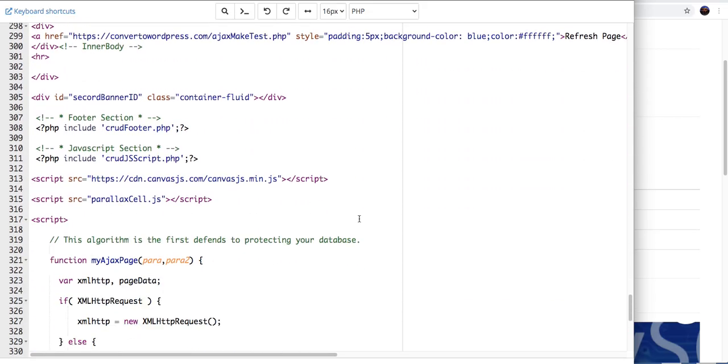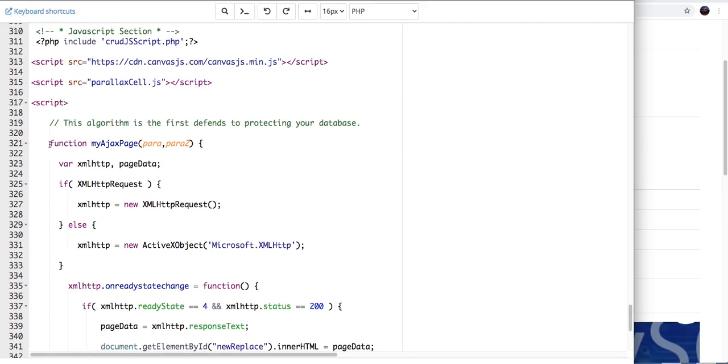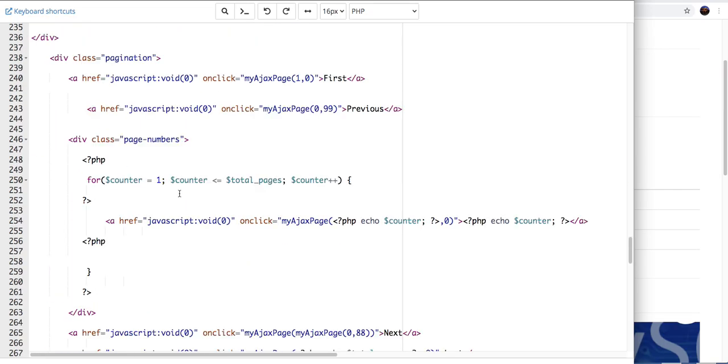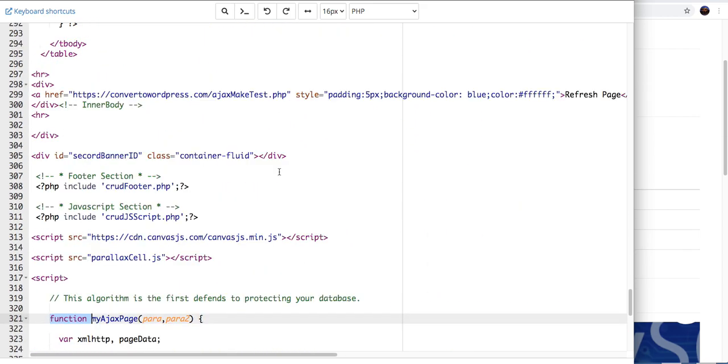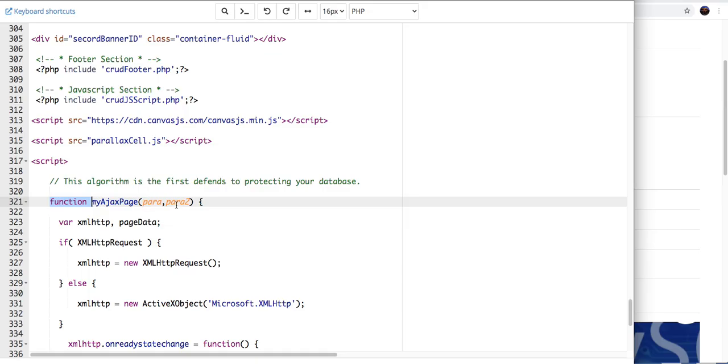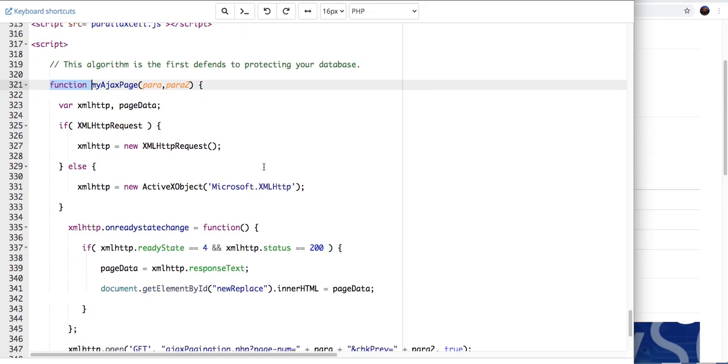Now, this is how AJAX works. You're calling a function. It's called myAJAX page with the 2 parentheses, right? Look, myAJAX page. But every time you hit on click, meaning you hit that word first, please run this and send 1 in and send 0 in. So it goes like this, and this becomes 1, this becomes 0. And then what happens is it reads the AJAX, gets everything created, but before we do that, this request